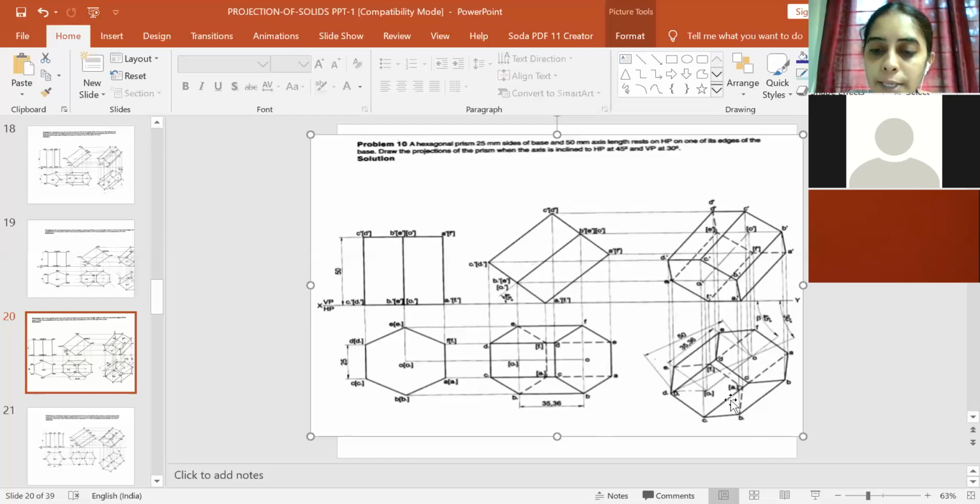After drawing the perpendicular line, you measure from O1 to E1. Using the compass, keep one end of the compass here and cut an arc on this perpendicular line. Similarly, you have the perpendicular line you have drawn on the backside also. Measure from O1 to B, what is the distance? Keep one end of the compass here and cut an arc. So you will get the points B1 and E1. This is done.